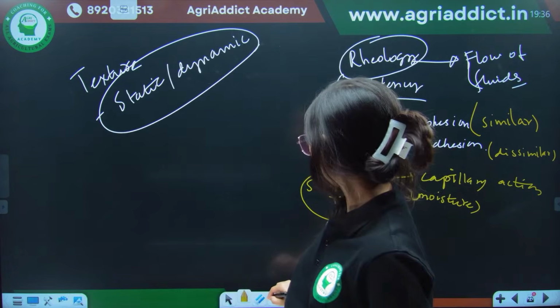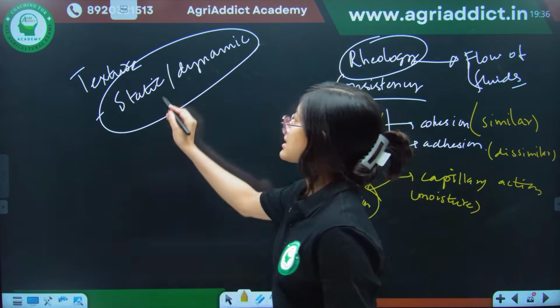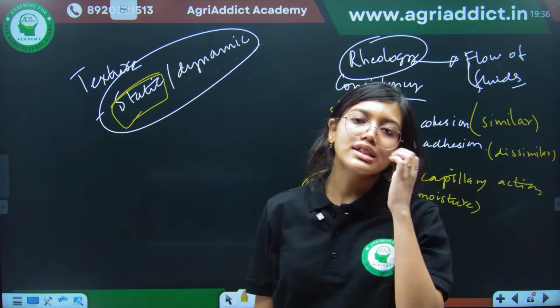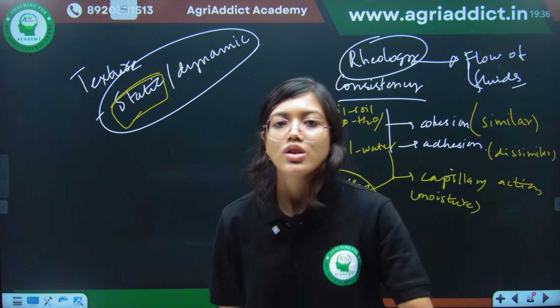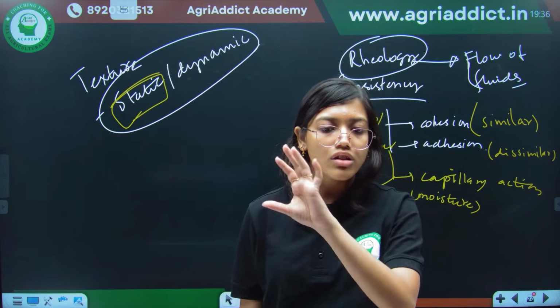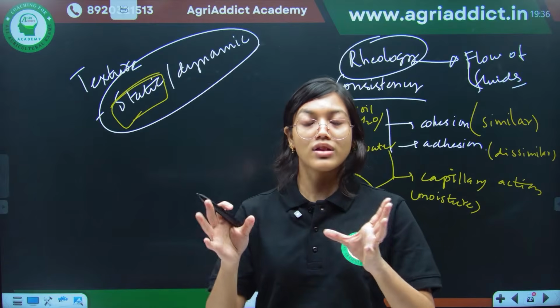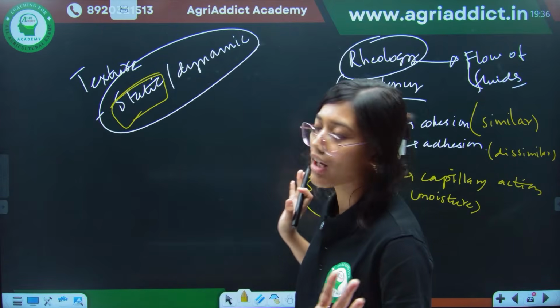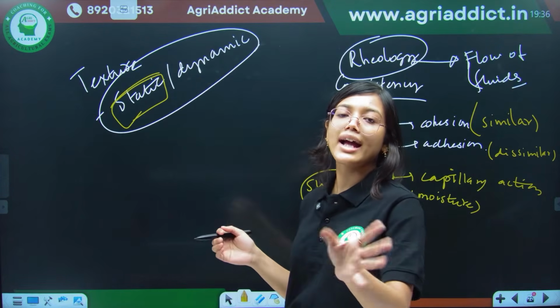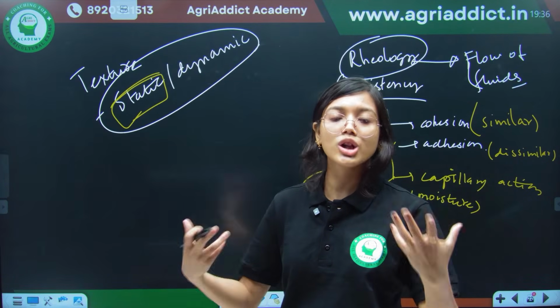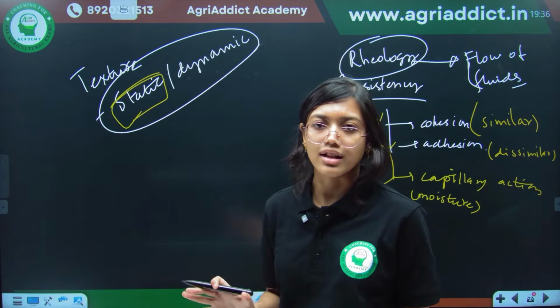No, Soumik, you are wrong. The texture is a static property. That's why I asked the question. Why? Because it is mineral matter. You cannot change the texture, you cannot alter it, you cannot make a sandy soil entirely clay, or it would have alleviated more than half of our problems, right? Why are we discussing so much about changing the soil structure or making it good? Because we cannot alter the texture.